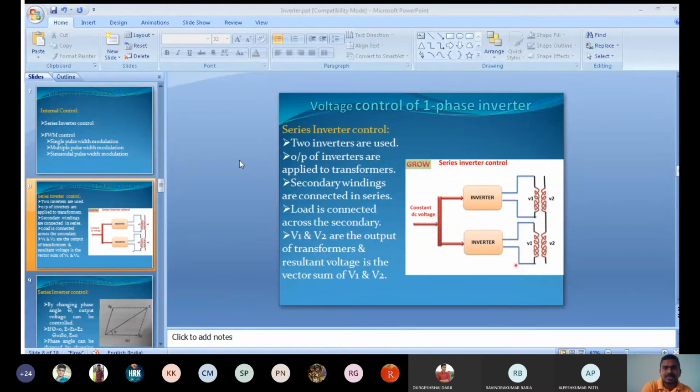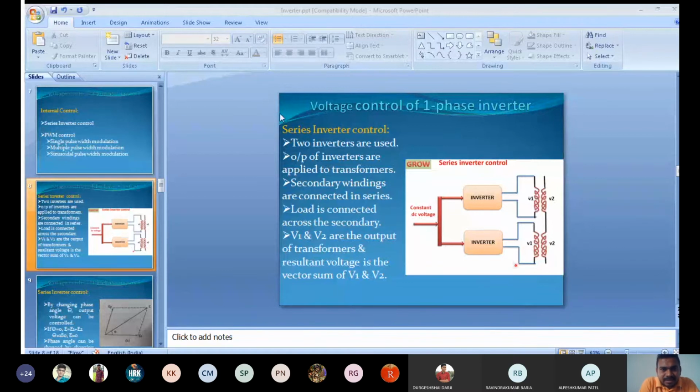So in this time duration pulse is not generated. Now once again at this point, the carrier signal becomes equal to the reference signal. So in this time duration the pulse continues to generate. Okay, once again in this time duration pulse is not generated. Once again in this time duration pulse is generated as the carrier signal becomes equal or lesser than the reference signal. Okay, so now in this half cycle,